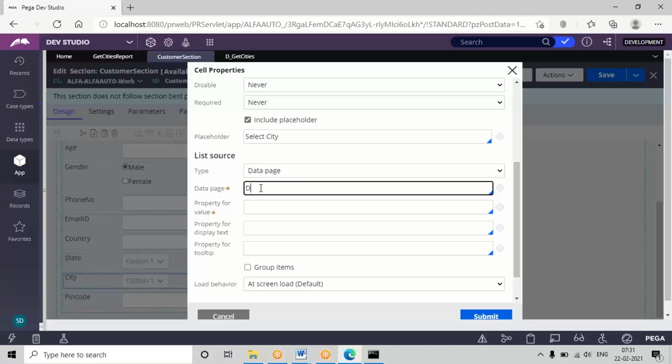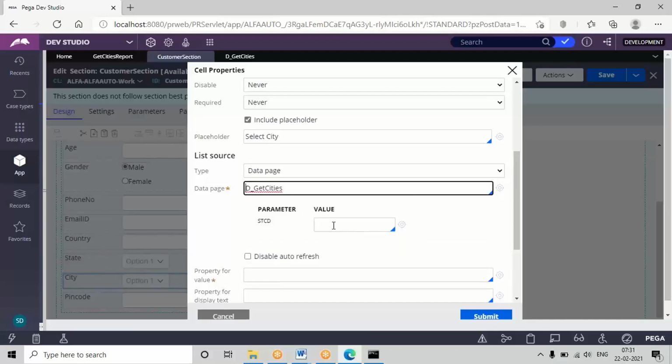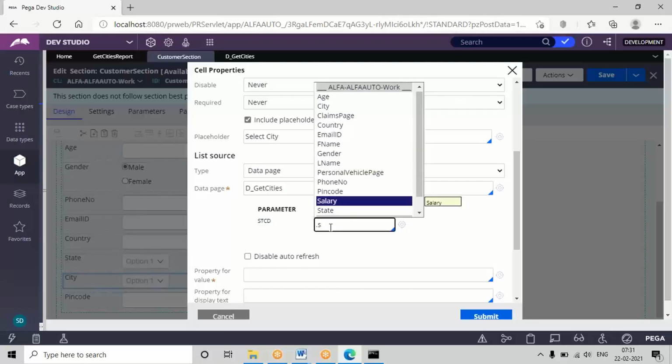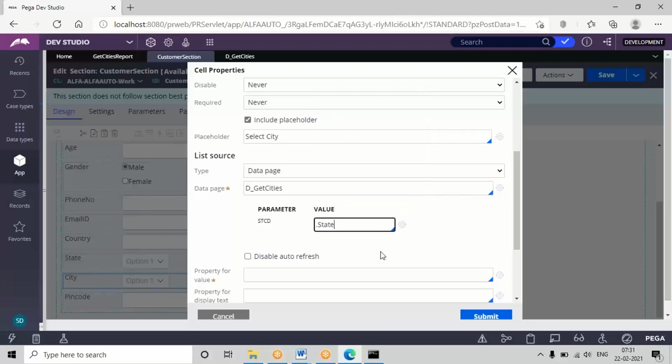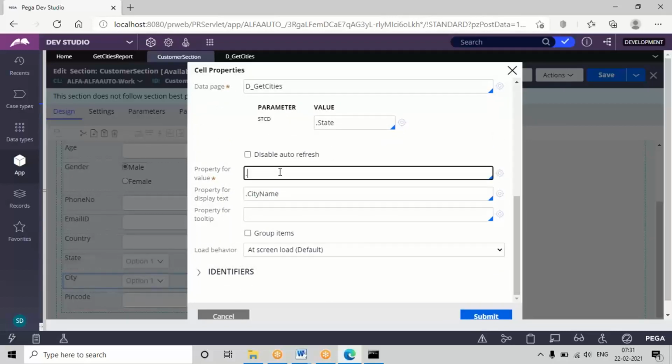Give the data page name. Here it also asks for the parameter value, which is nothing but the state property, then the property for display text, city name, and the property for value, city code.